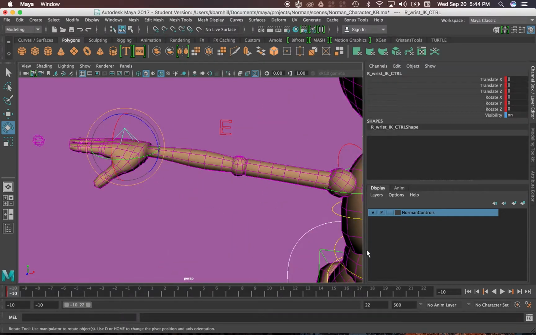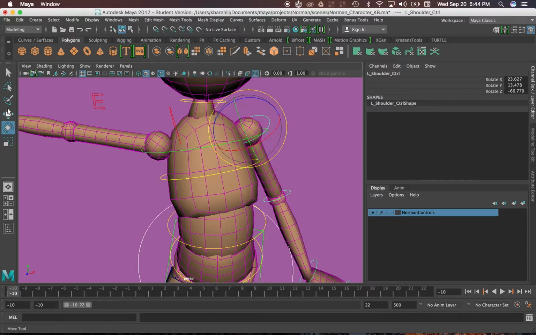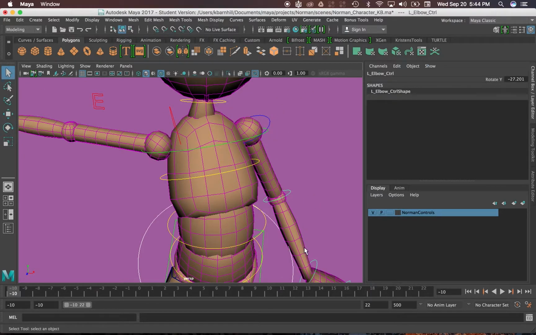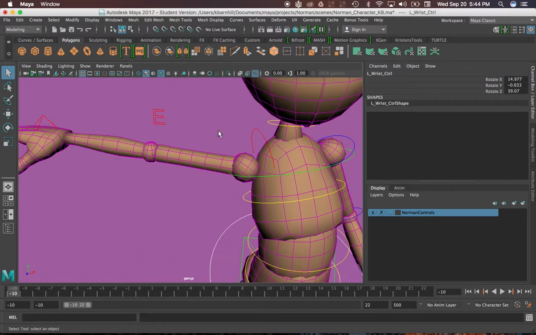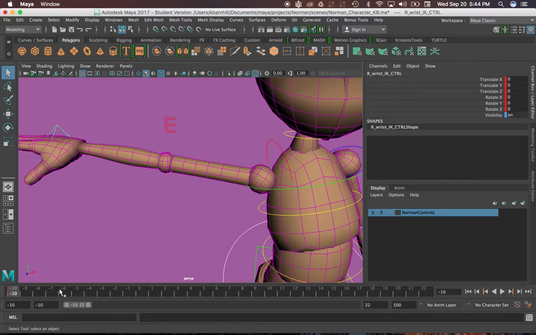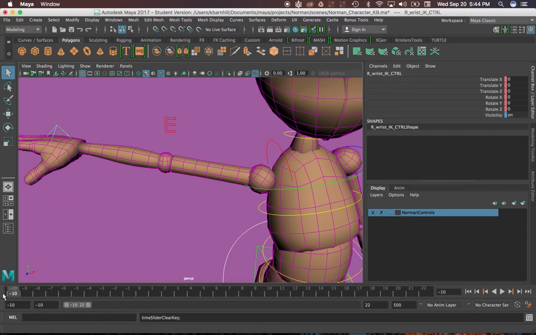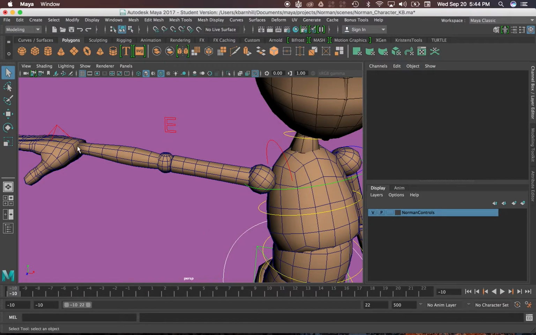So you'll notice if I zoom in here that these little rings, left shoulder control, elbow, and the wrist, are all missing. That's because you have different ones here. You have this one, it's right wrist IK control, which I actually, for some reason, have a key set on, which it doesn't look like it has anything else on it, but I can remove that if I right-click down here, delete. Okay, got rid of it. All right,